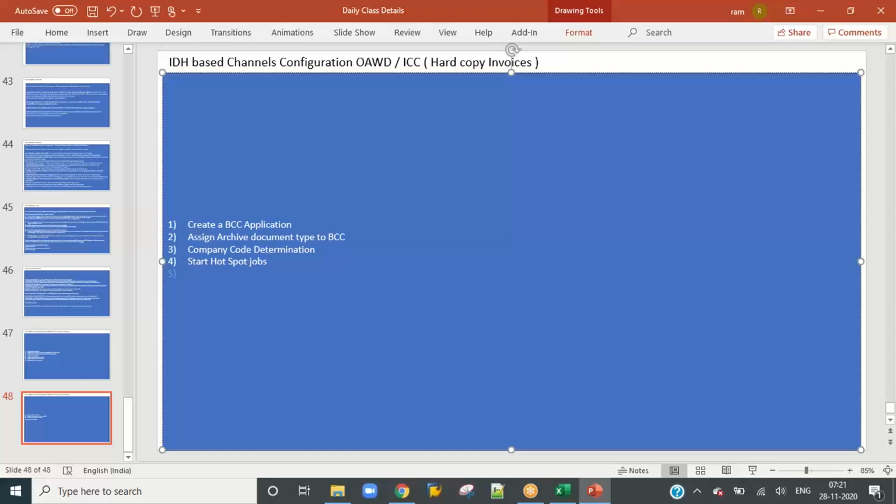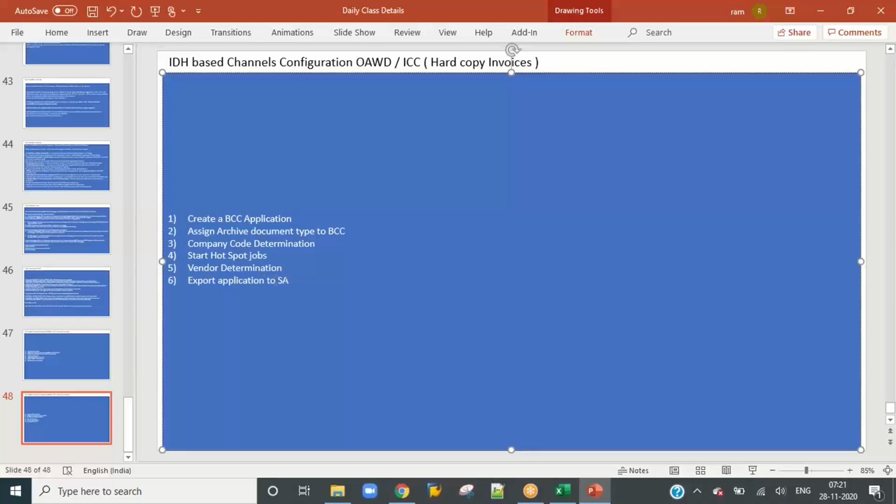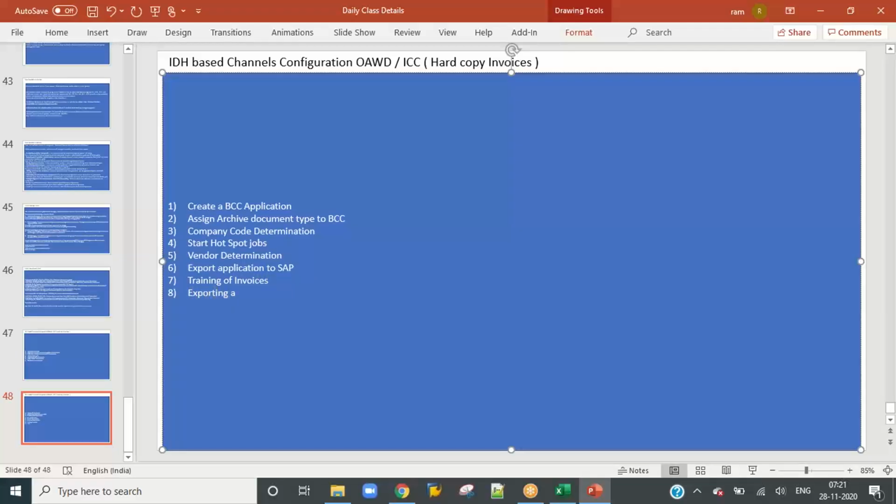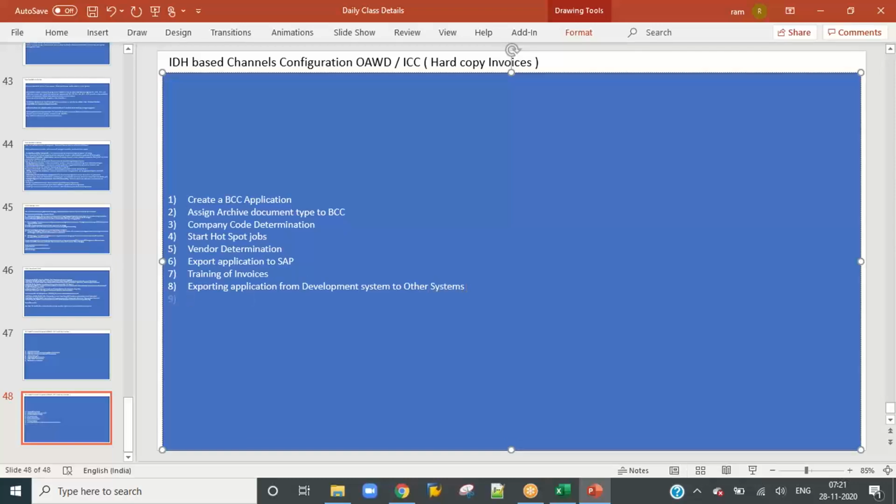Start the hotspot jobs, and vendor determination, export application to SAP, and we will also see training of invoices and exporting the application from the development system to other systems, and exporting learning data from the development system to other systems. Okay,